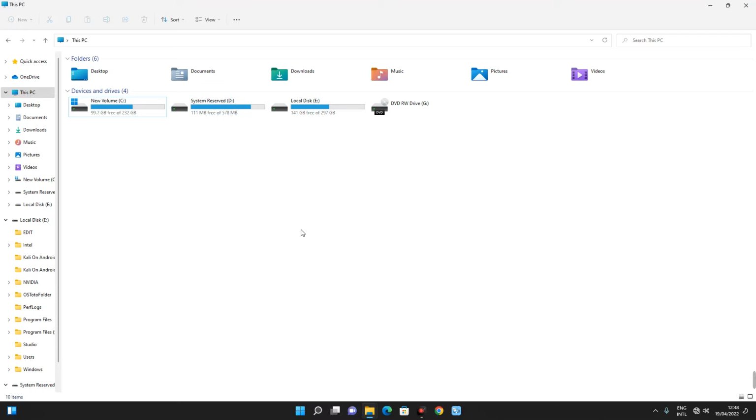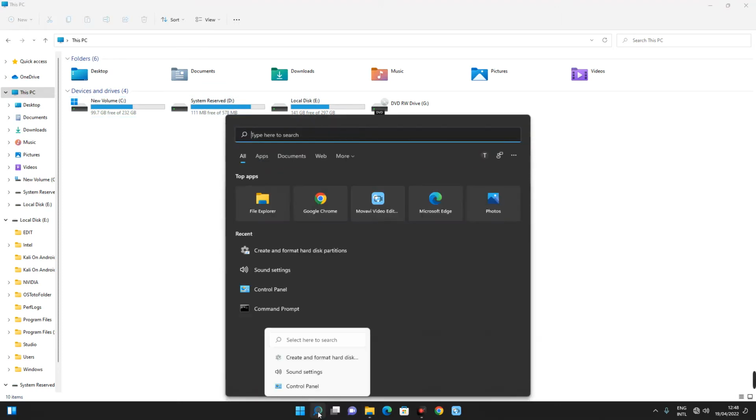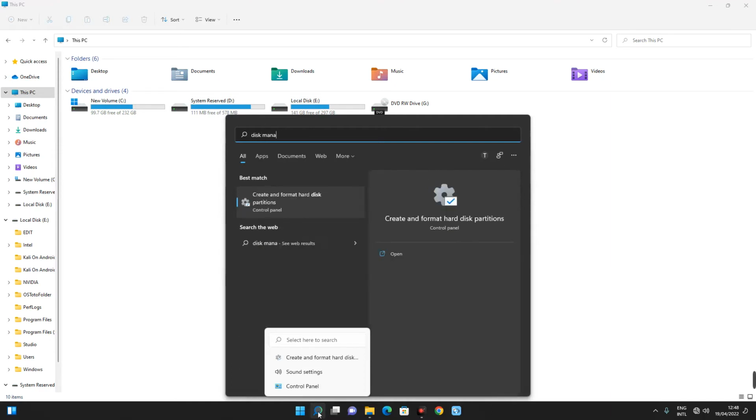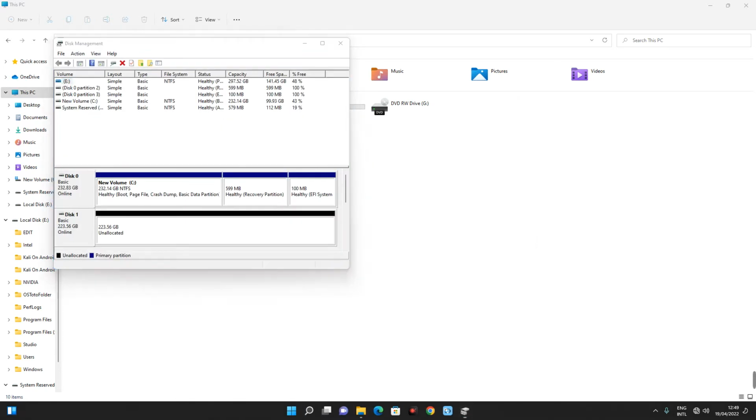disks here. Now to do that, click on your search bar and then search for disk management. Now you can see over here, create and format hard disk partitions. Click on it. So if you look closely, you will see over here 223 gig of unallocated disk. So this is our disk which is currently missing because it is unallocated, so it is not showing on our